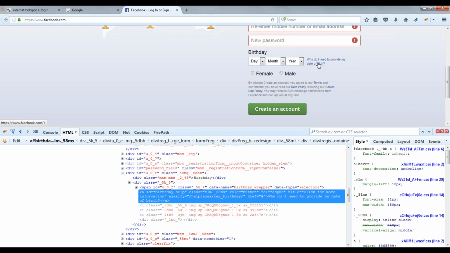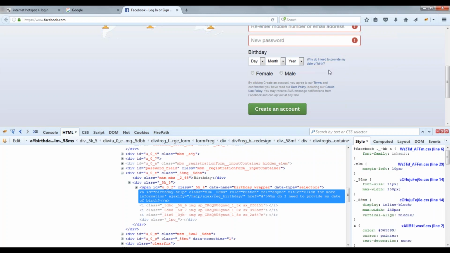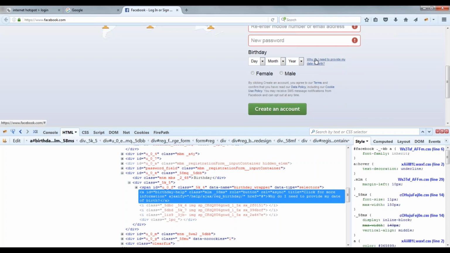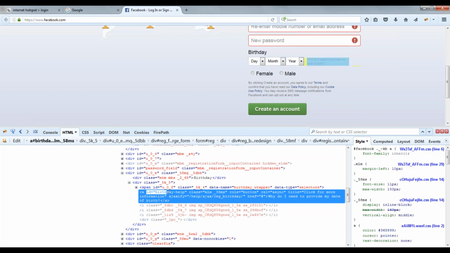You are getting my point. I have a method find element by partial link text. So let us find this particular element using partial link text as the find element method, and then I have to get an attribute and get the value.